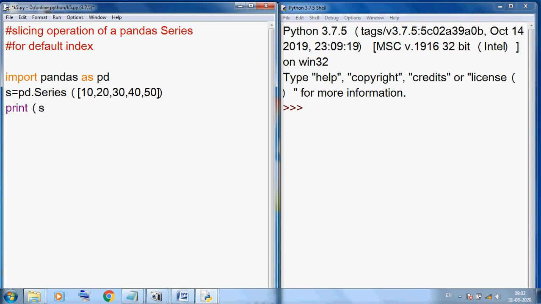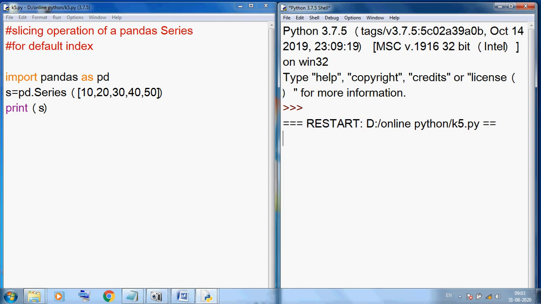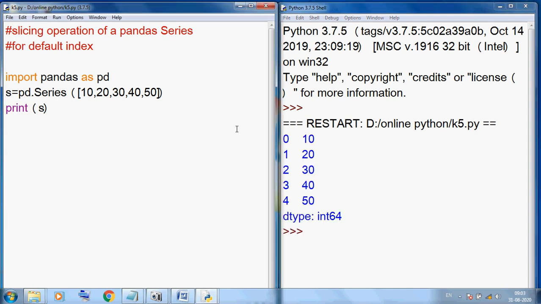Print s, Control S, F5. So you can see the output: in 0 position 10, 1 is 20, 30, 40. So this is our default index and this is our respective value.